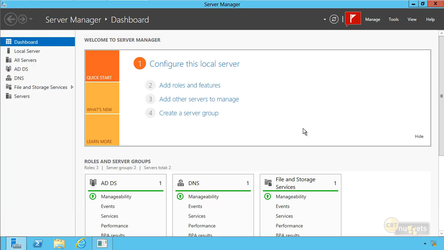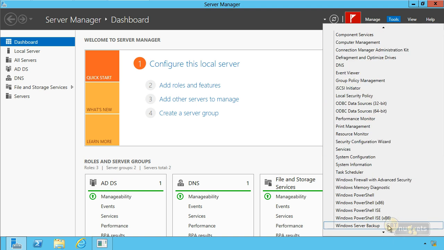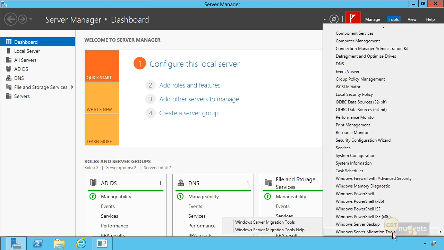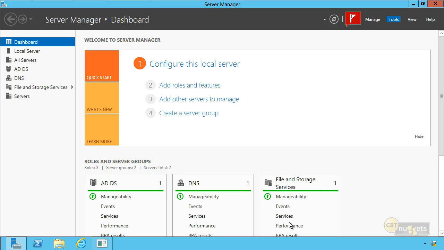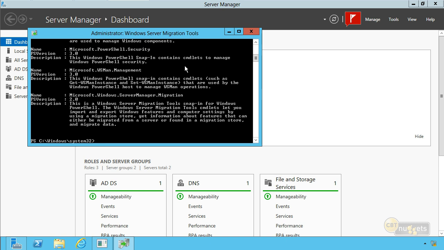So that looks like it finished. And now we should be able to go over to Tools, and we'll start just by looking at Windows Server Migration Tools. Yeah, not what you expected, was it? Command line window. Yeah, that freaks everybody out. This is actually just a custom Windows PowerShell session, and I believe that the migration tools are actually a snap-in. So let's just see if that's the case. Yep, there it is, Microsoft